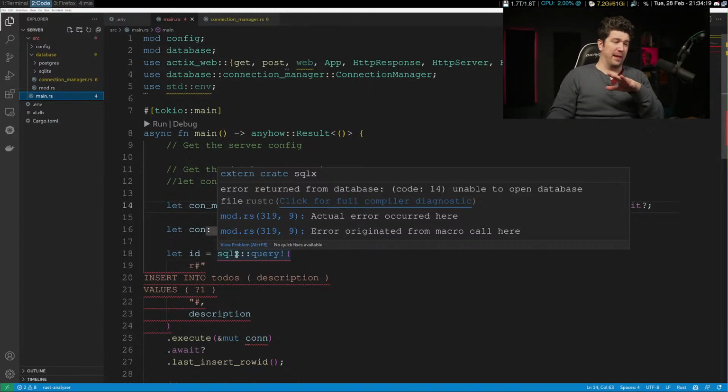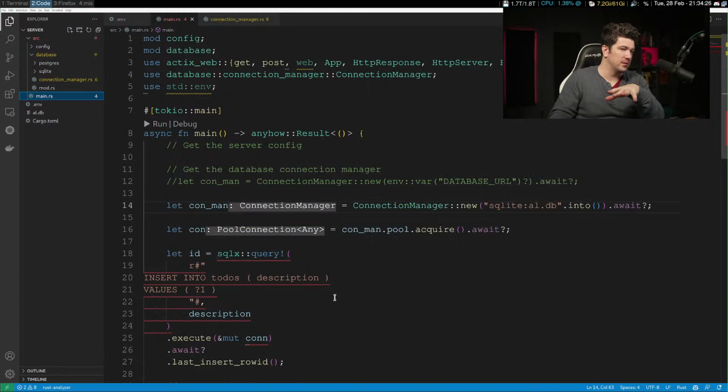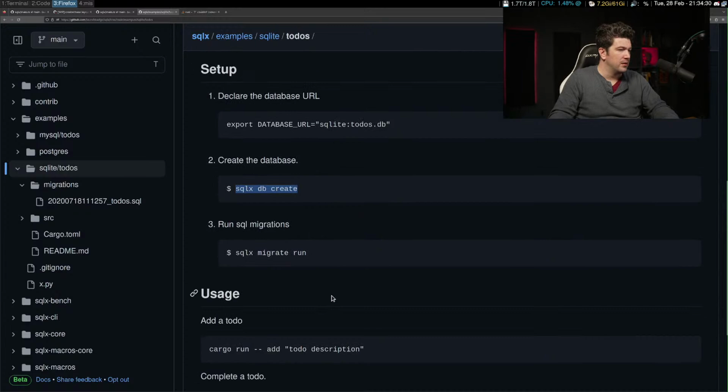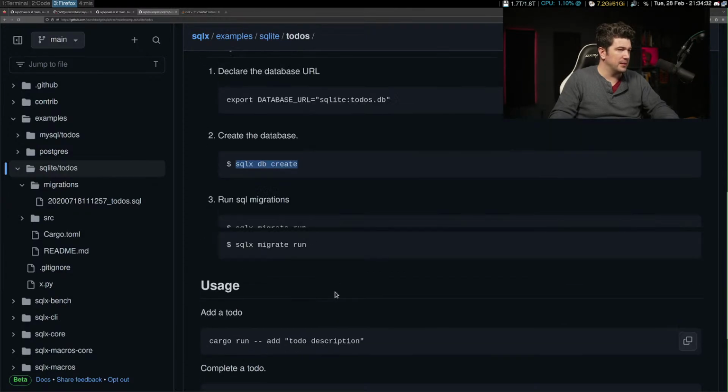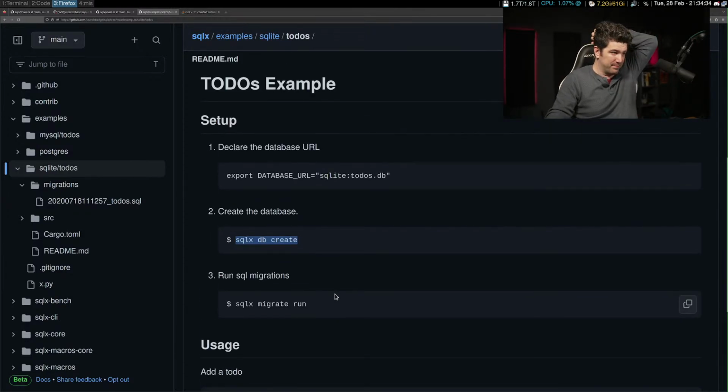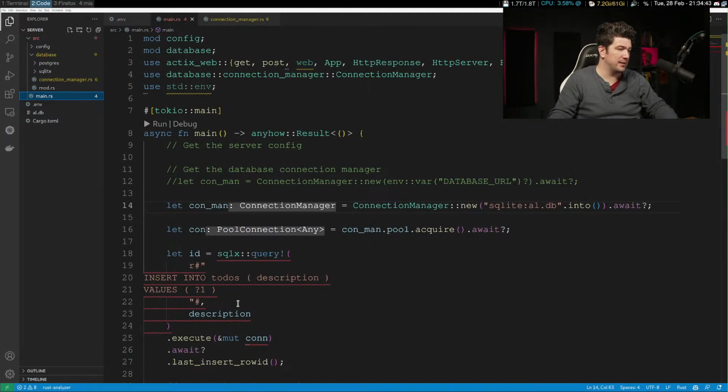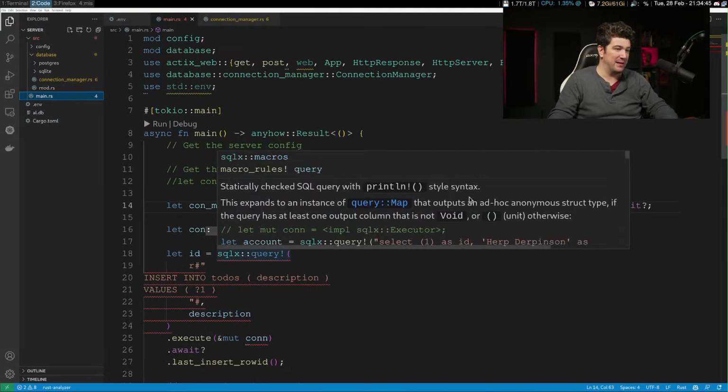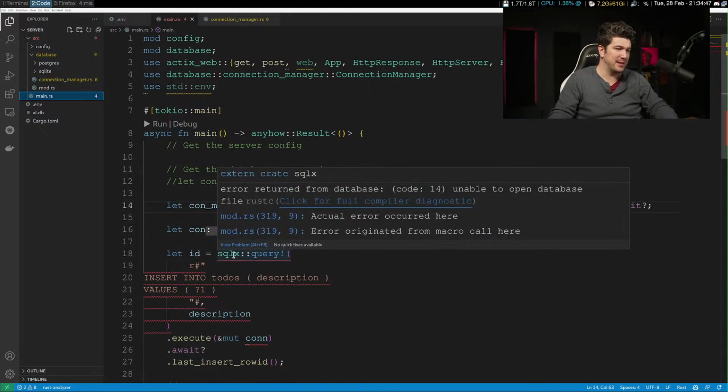All right. The only thing that I can think of is that this is a bad error. It says unable to open database, and it actually means unable to open table.